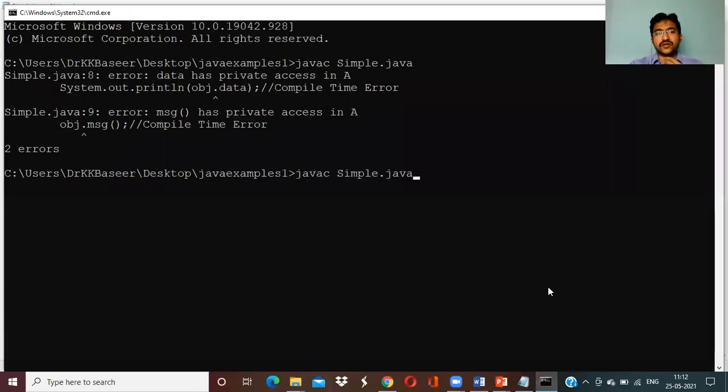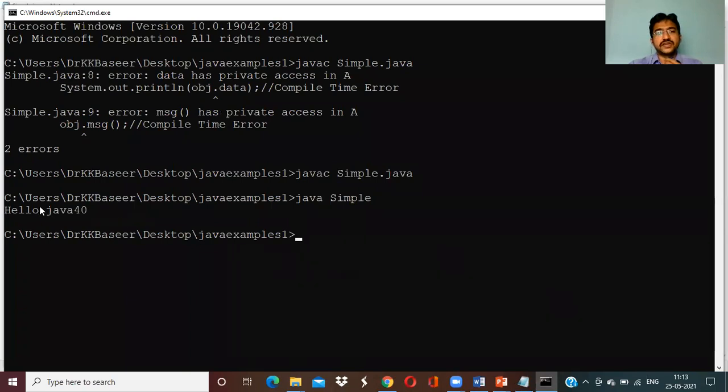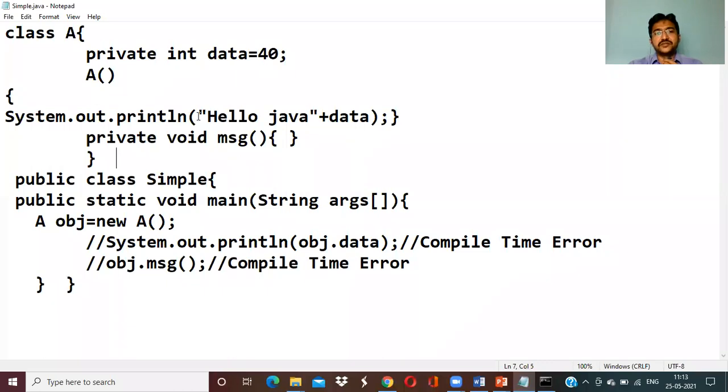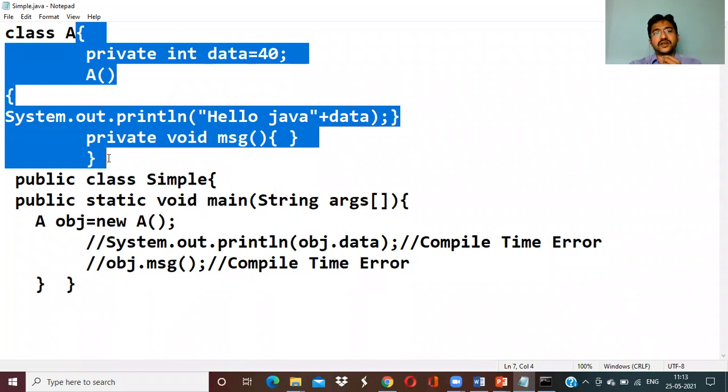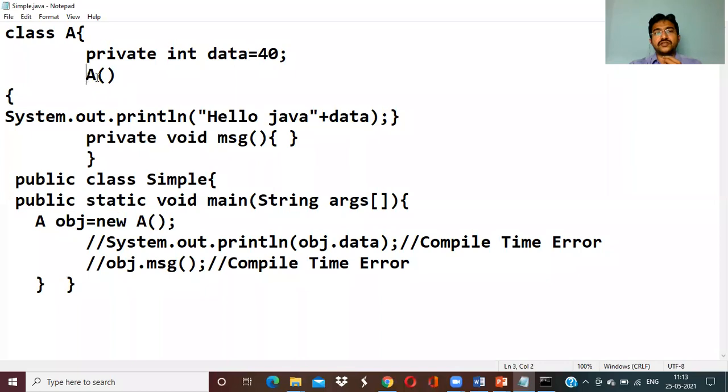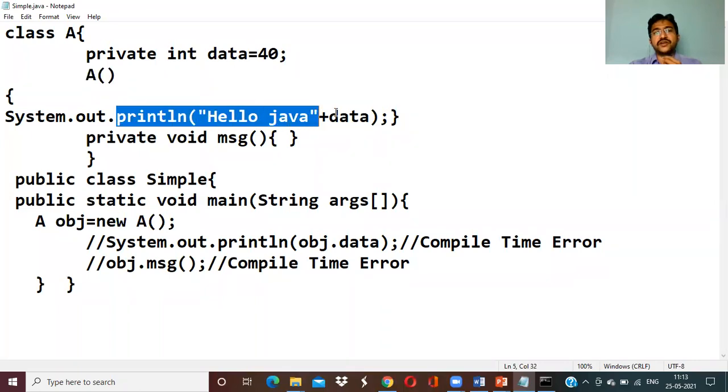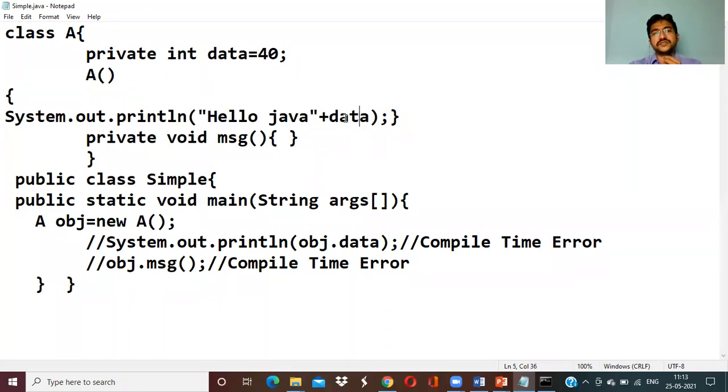Let me see whether it is executed or not. Done, it is executed. Now run the program. Hello Java. Because here the access specifier for data is within the class. I'm creating it within this class only, and I'm not accessing it outside the class. What I have done is just create a constructor. Once I call the default constructor, it will execute this statement and display the message. So like this, you can also do it. I'm just reverting the changes.